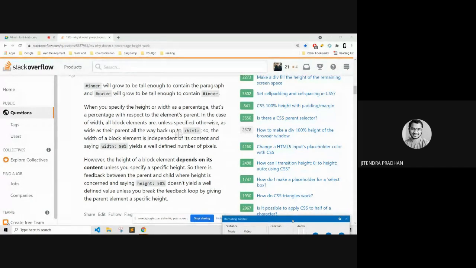It's 50% as well as defining the number of pixels. However, the height of a block element depends on its content unless you specify a specific height. So there is a feedback between the parent and child where height is concerned. Saying height is 50% does not appear as a well-defined value unless you break that feedback loop by giving the parent element a specific height.